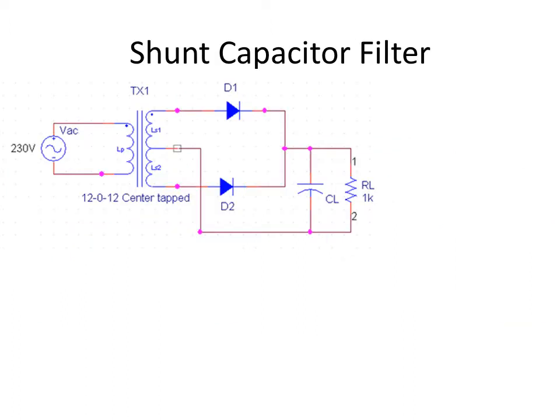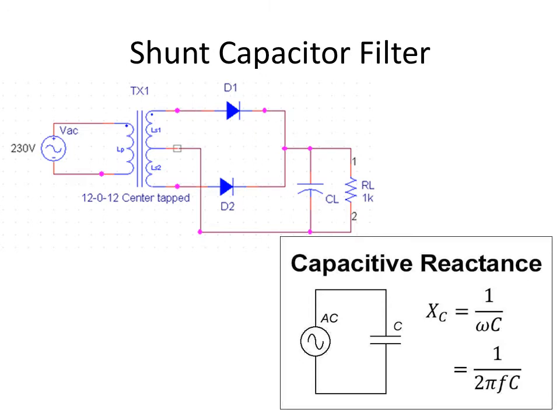So we'll start with the shunt capacitor filter. Here you can see the output from the full center tap full wave rectifier is given to the shunt capacitor filter. So the two diodes that you can see are part of the rectifying circuit, and the output of the rectifying circuit will be taken across the load resistance RL. But across the load resistance we have connected the capacitor CL, which actually acts as the filter capacitor. So since it is connected parallel to the load resistance, the circuit is referred to as a shunt capacitor filter.